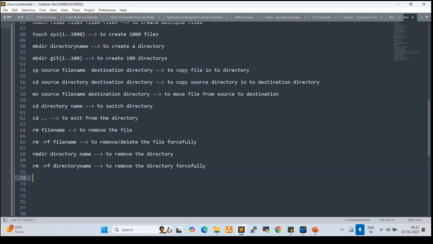I want to rename that, so we can use the mv command. But we already used mv somewhere, right? mv source directory and destination, or else mv old directory name and new directory name. We can do that to rename.